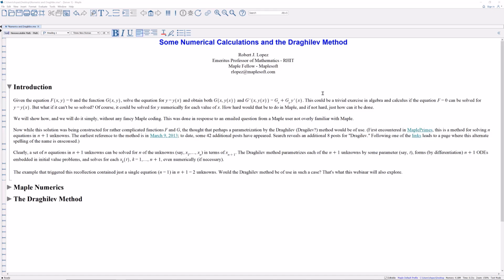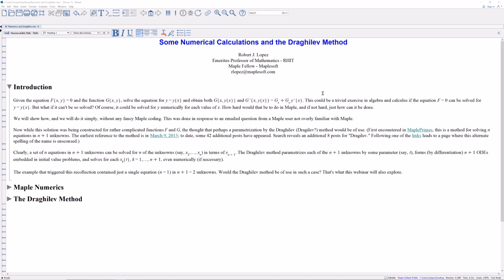So what we're going to show is how to do it, and we're going to do it simply without any fancy Maple coding, because this was done in response to an emailed question from a Maple user not overly familiar with Maple. So while I was constructing this solution and preparing a response to this email contact, who had sent, as an example, some rather complicated functions of f and g that could not be unraveled, I kept thinking in the back of my head,